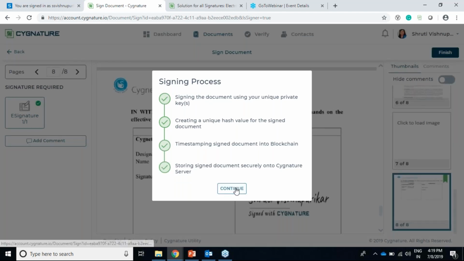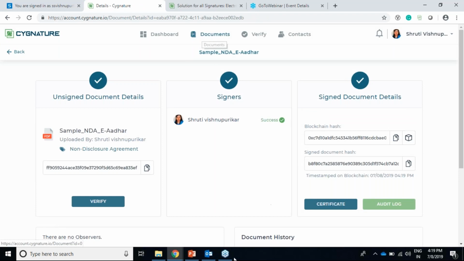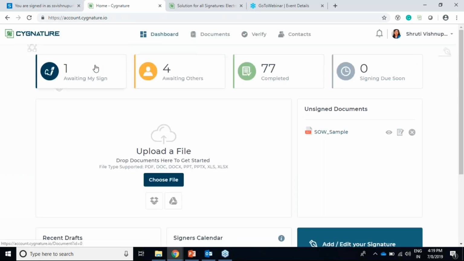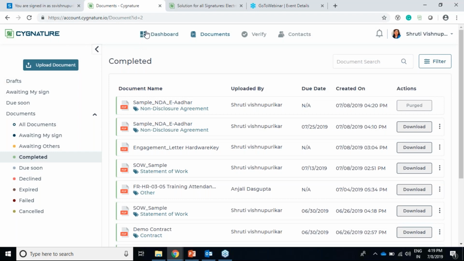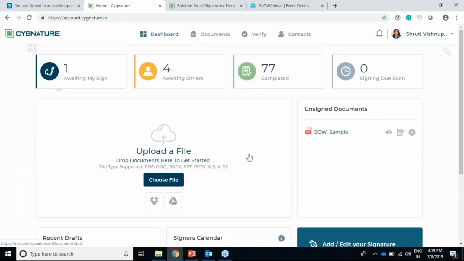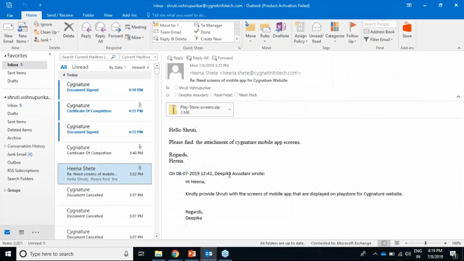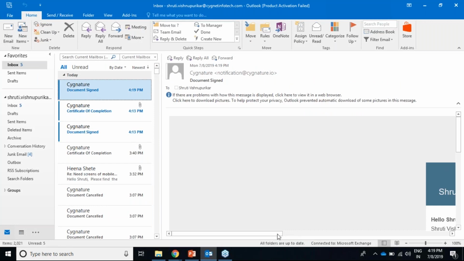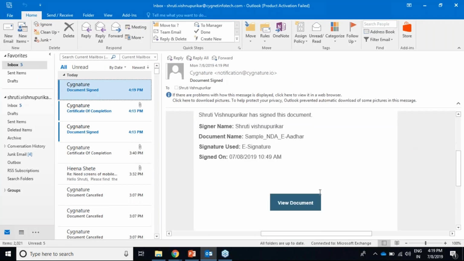There's a very unique thing which we have done, so that every process which is done can be seen here. So I'll get a mail notification that this document is being signed, and I'll be able to access the document only using my mail ID, not through the application. So here are the mail IDs, and I can see the view document option from here.